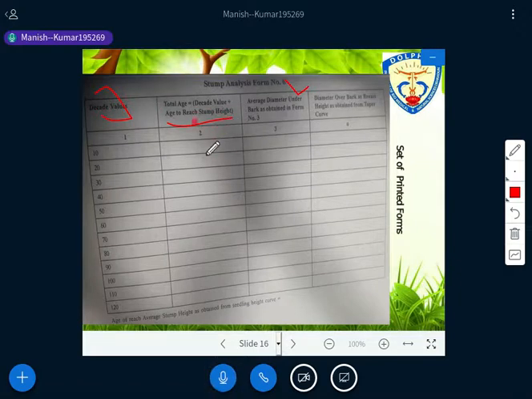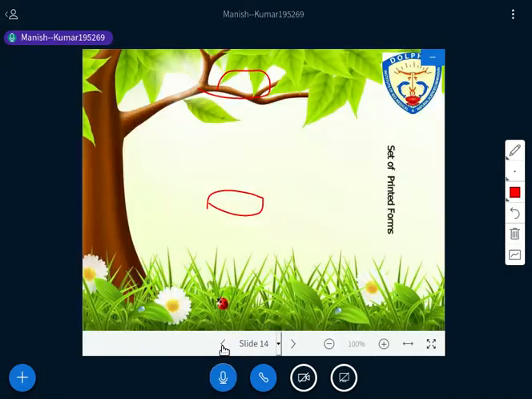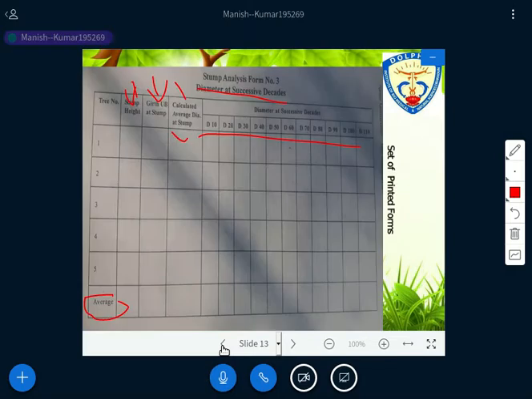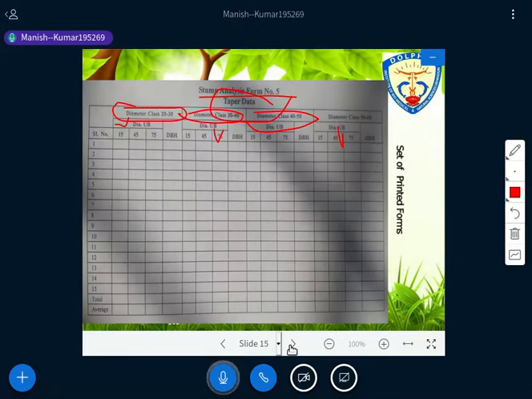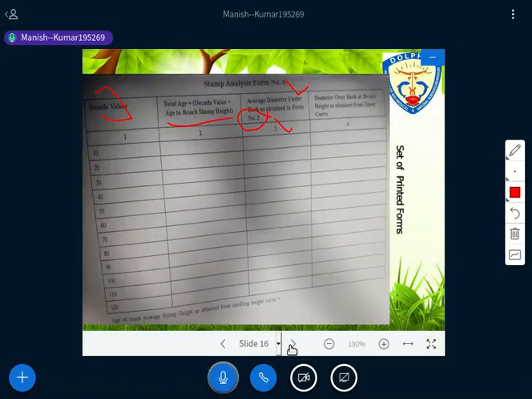This is total age. And then finally we have this another thing, average diameter under bark has to be written as you get in form number 3. If you look at form number 3, where is form number 3, this is form number 3, na? Here you are getting average diameter under bark. So this data has to be filled here again. Is it clear? And then we are writing the diameter over bark at breast height as obtained from the taper curve. Is it okay?